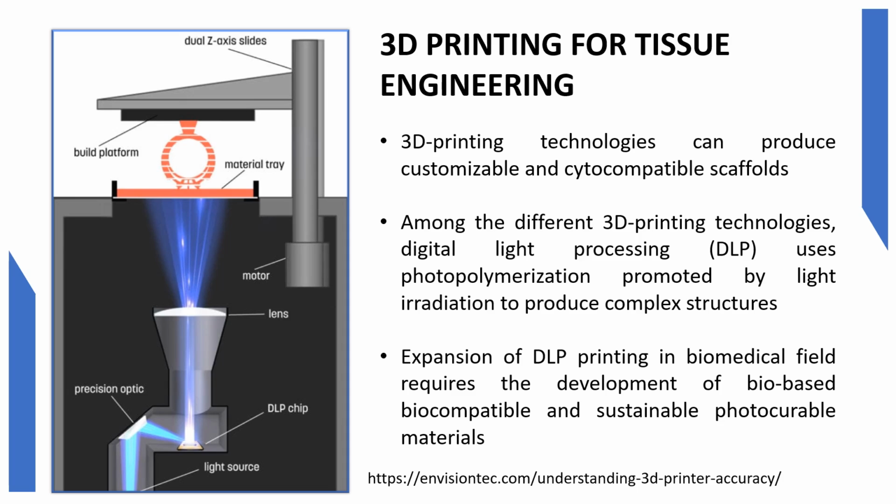customizable scaffolds. Among the different 3D printing technologies, digital light processing (DLP) uses photopolymerization promoted by light irradiation to produce complex and high-resolution structures. However, the development of bio-based, biocompatible, and sustainable photocurable materials is fundamental to fully exploit these